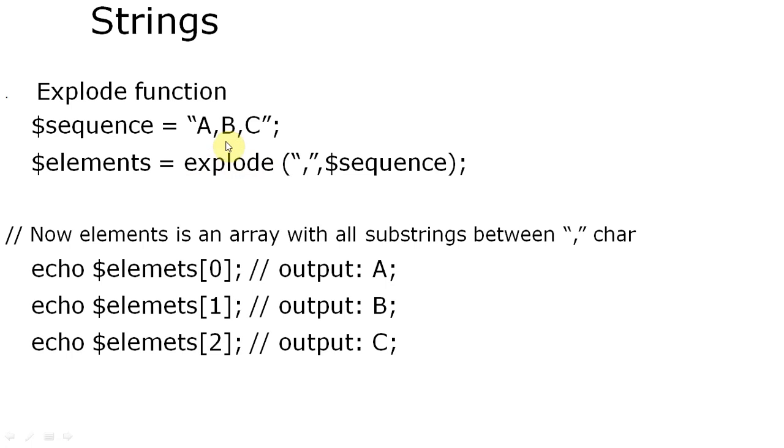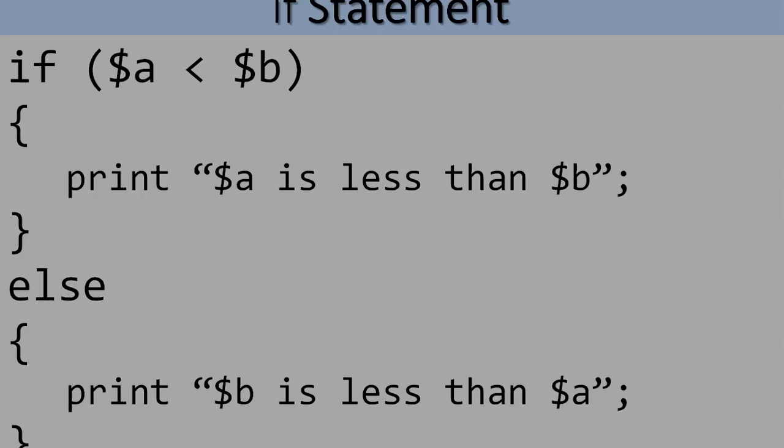Or suppose we don't have a comma but another character, such as a dollar sign, then we write the dollar in between, followed by the sequence. This is a very important function. Sometimes it is used in programming to extract data from another variable or table. We have to split the data accordingly.